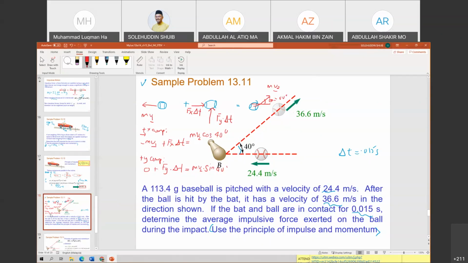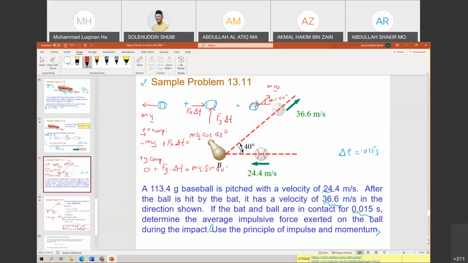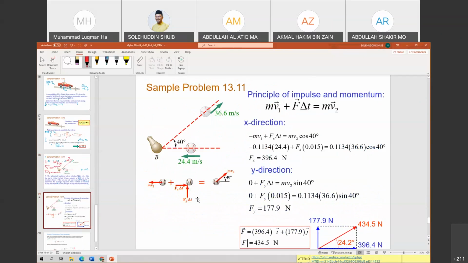Okay, we have done this one. Next one. This is the solution for that one I have elaborated just now. And then what you obtained just now is the direction of it. This is the important thing that I highlight. One thing is use this equation, and then you put together everything of x direction and then y direction, and then you get the value of Fx and the value of Fy, and then you put all of this